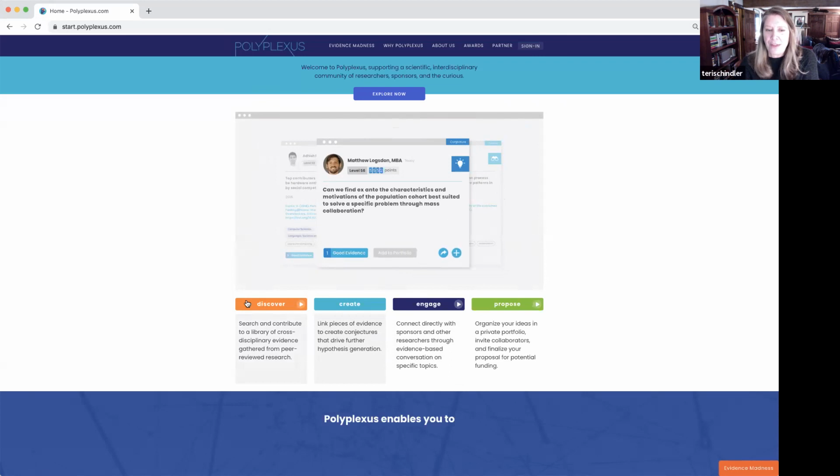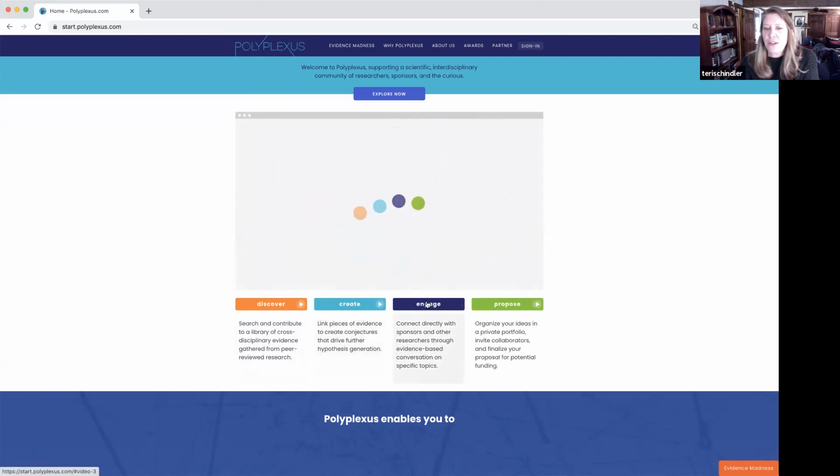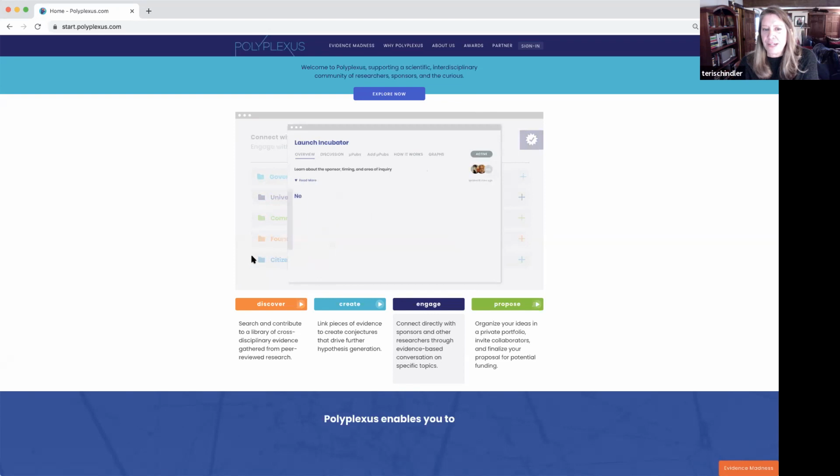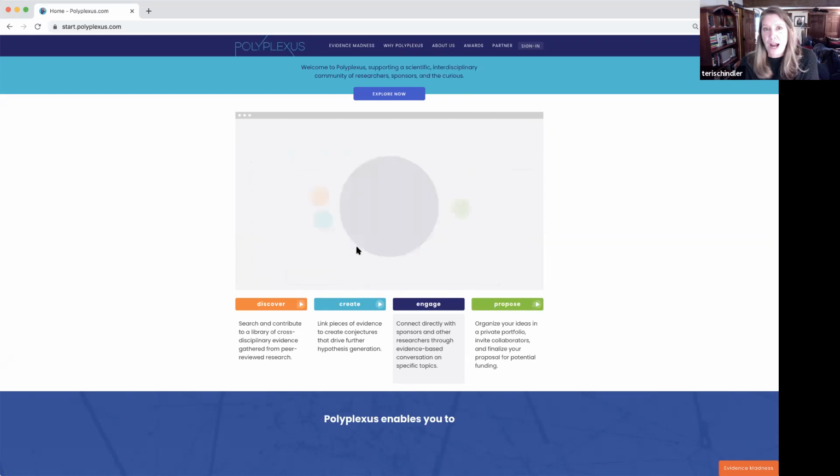The third, so we have evidence, we have conjectures. The third piece of the platform is really about engagement with research sponsors. So we host what we call incubators. They have been sponsored by universities, by government groups, by foundations, and by citizens. And they are places where they explore a specific question with some objective, whether that objective is to create an abstract and submit for funding or to inform a potential funding opportunity.